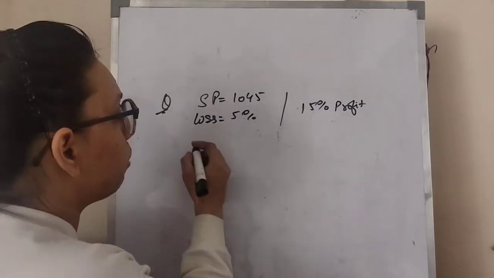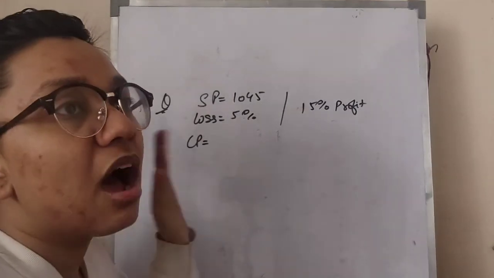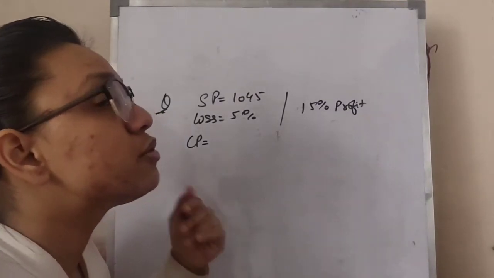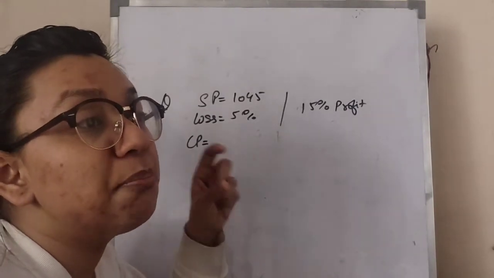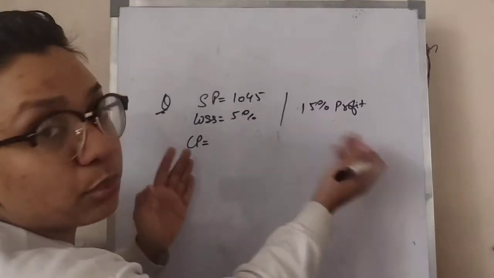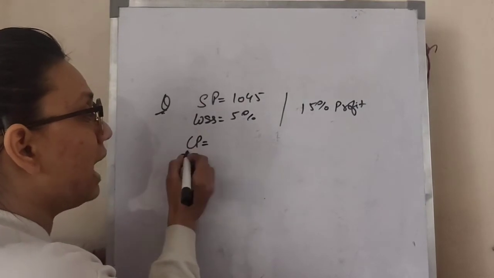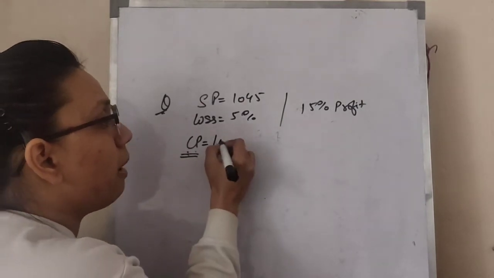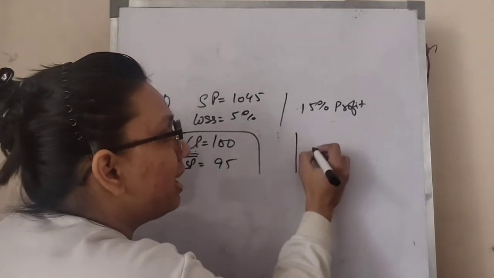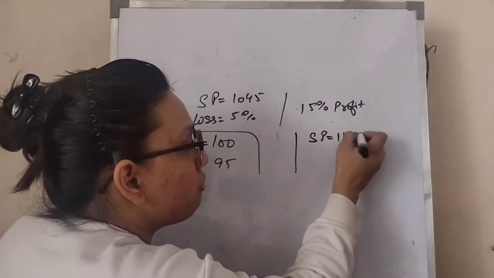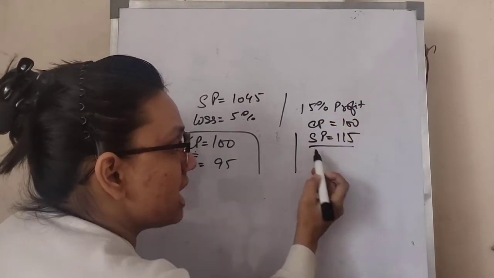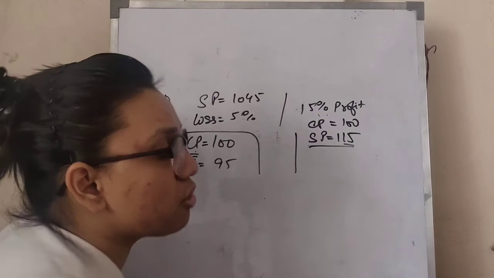So now look here, you require CP. Whenever we need to calculate with any of the profits, losses or SPs, we need to keep these things in percentage form so that we understand the actual price over here and can relate them to each other. Now what I'll do is I'll say here my CP is equal to 100 and my SP is equal to 95 for my older question, but for my new question my SP will be 115. Why? Because my CP is 100 and my SP will be 115, adding the 15% profit.